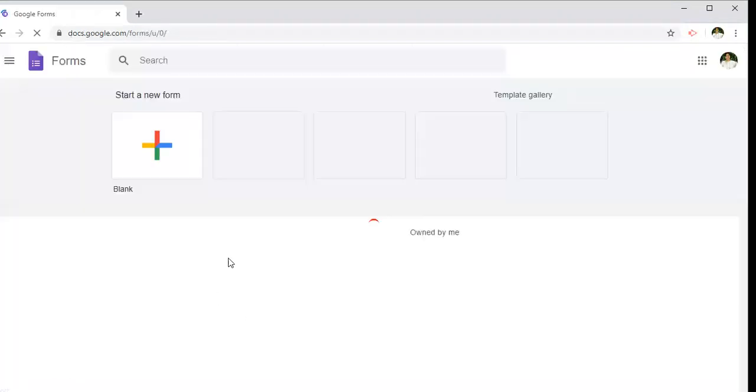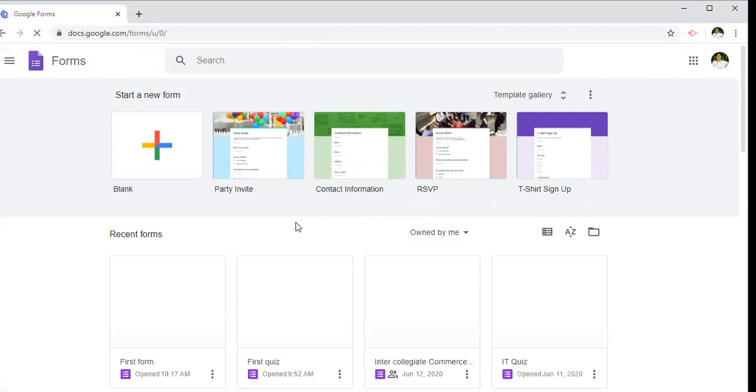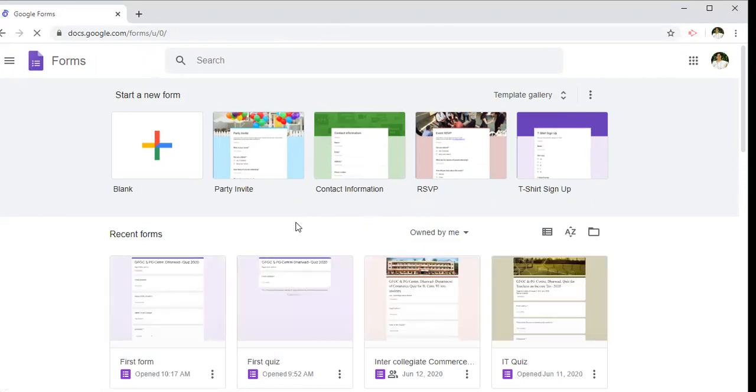It takes us to the home page of Google Forms. Whenever you are logging in for the first time, it will ask for your Gmail ID and password.